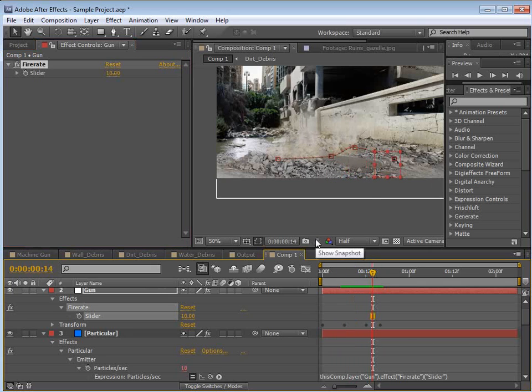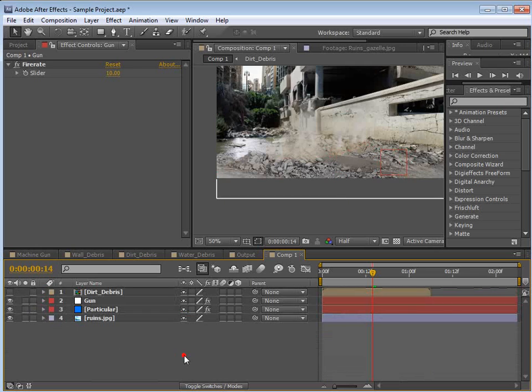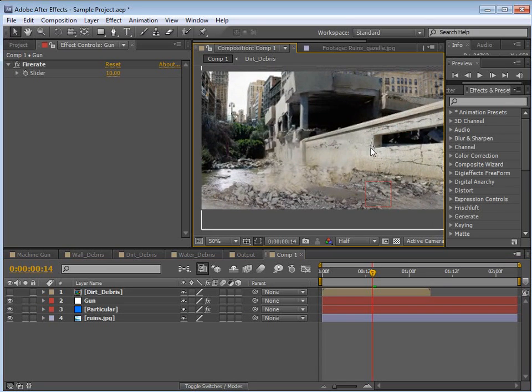The only problem is we want the gun firing to change depending on the surface that it's shooting. So we need to know what that surface is that the gun is pointed at. So we need to do some more expressions. But before we do the expressions, we need to define what areas of the image actually represent a different part